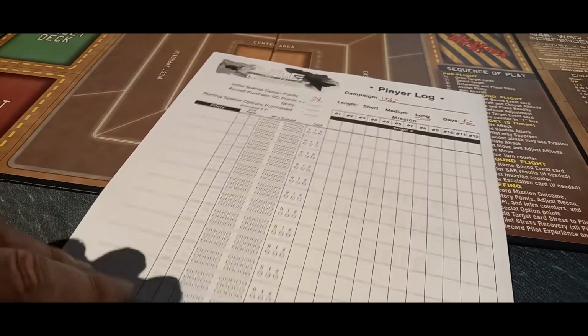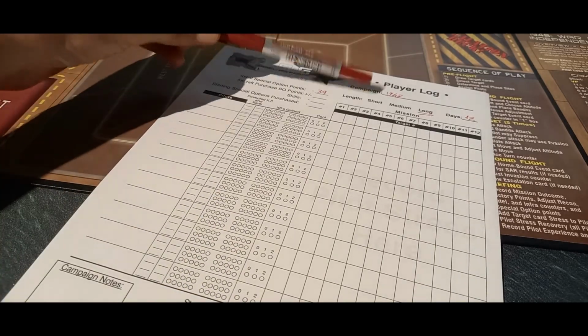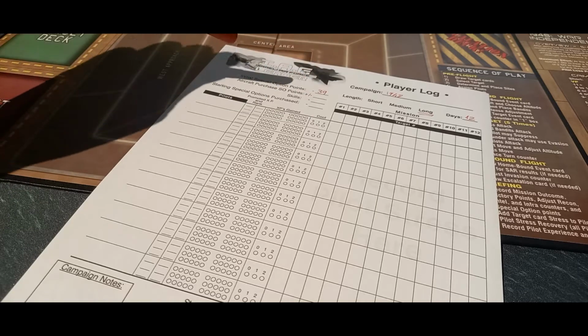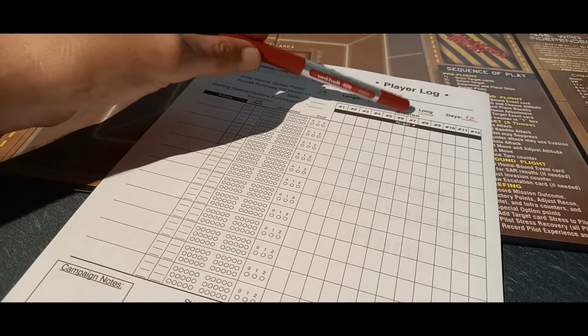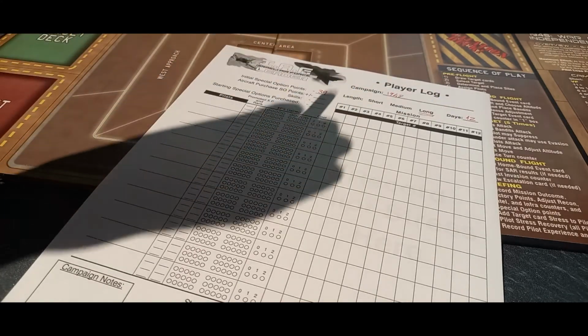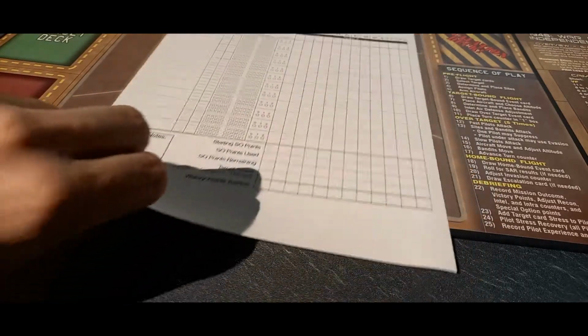Okay, so we have our player log, and we selected our campaign, 1948. We start with 39 special option points. It's a long campaign and it's going to last for 12 days. So the overview for this campaign is skilled level,